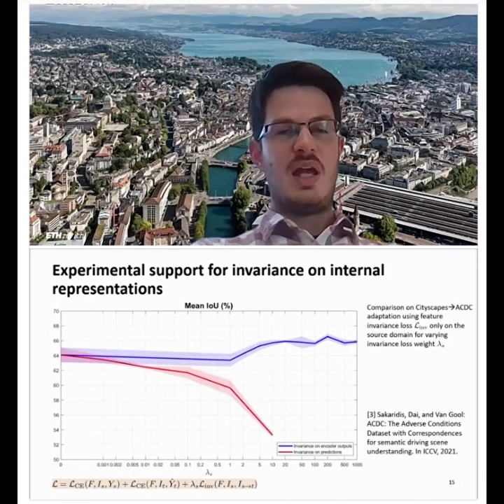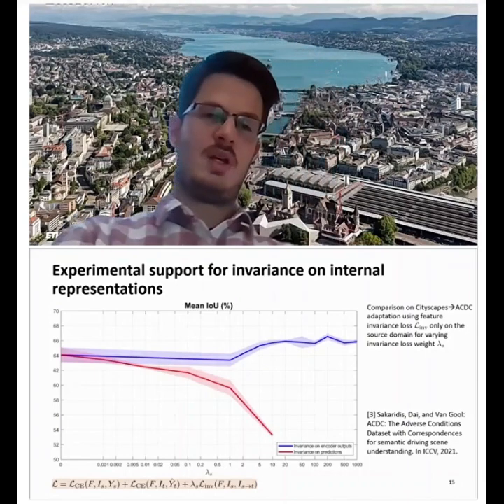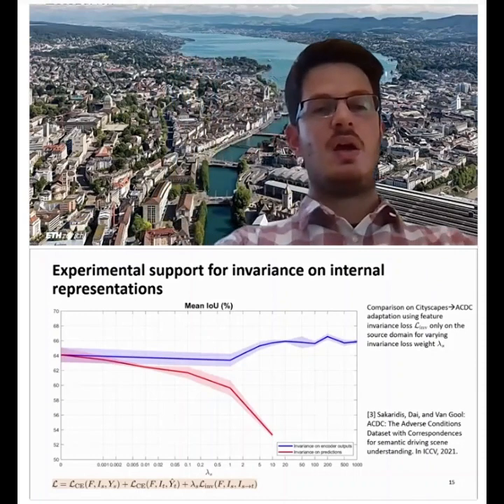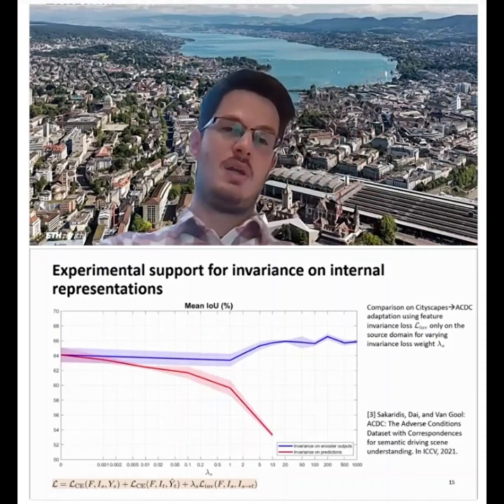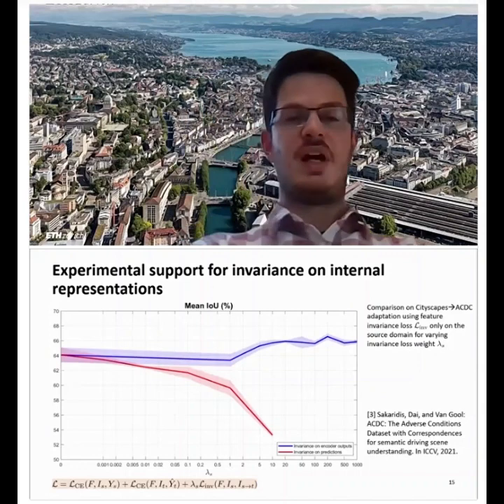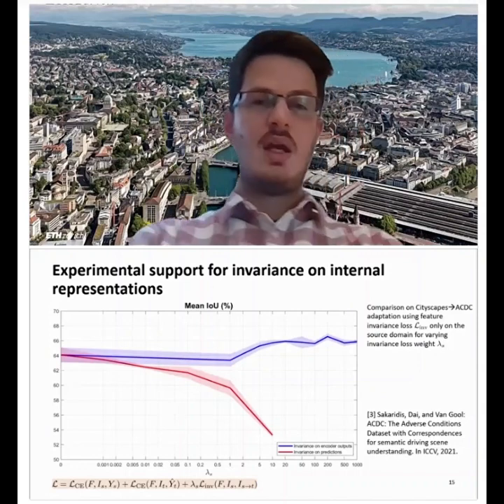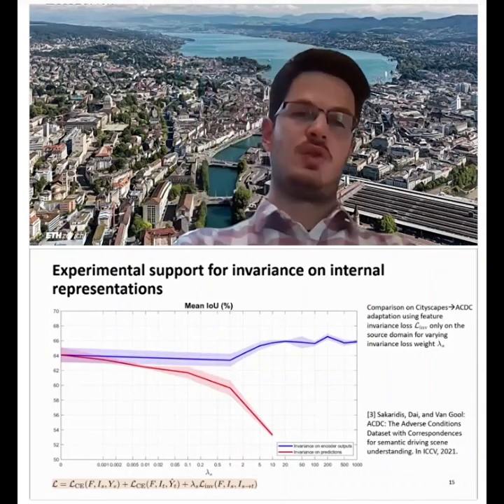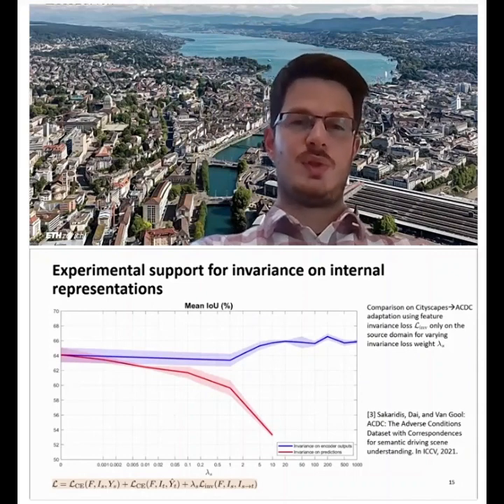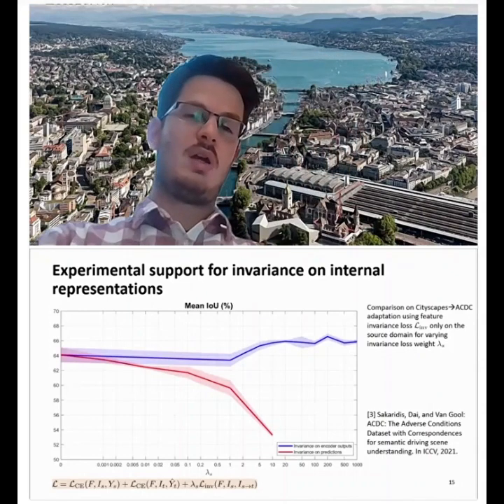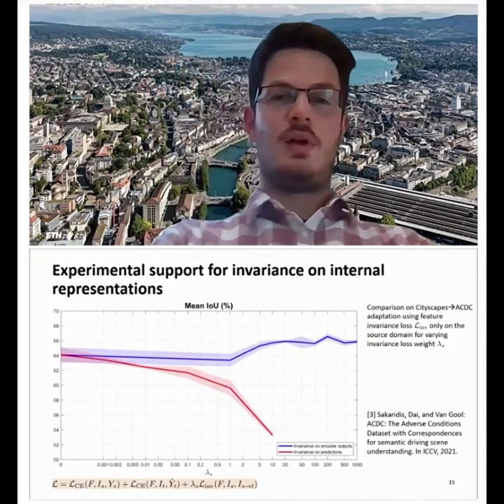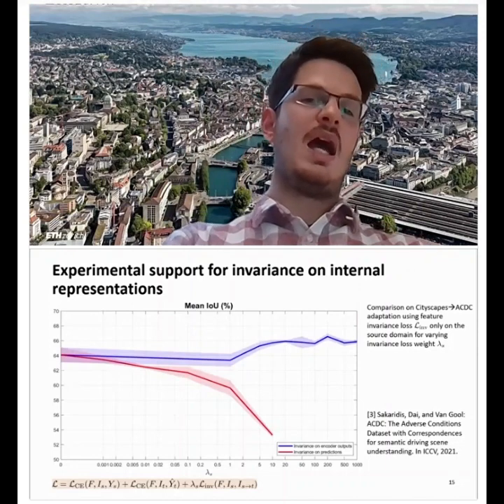So the red curve with some confidence interval stands for the performance of the final network on the validation set when we take invariance on the prediction, so at the decoder outputs. Whereas the blue curve corresponds to invariance at the internal representations. And higher is better here.